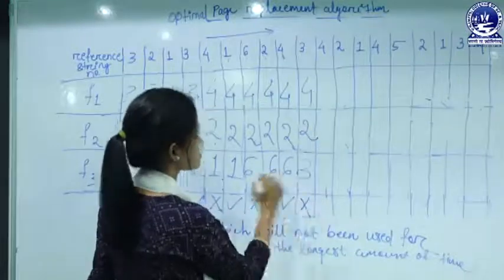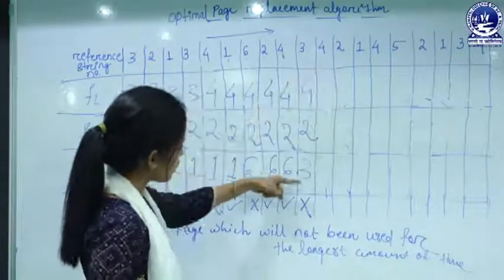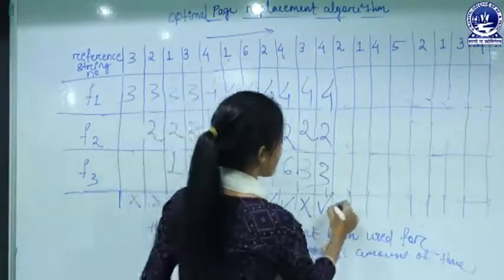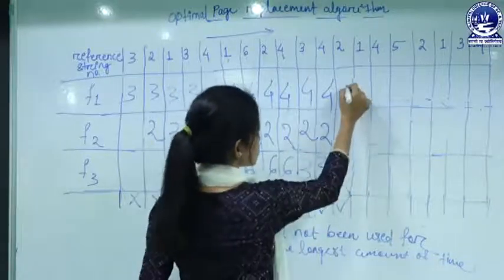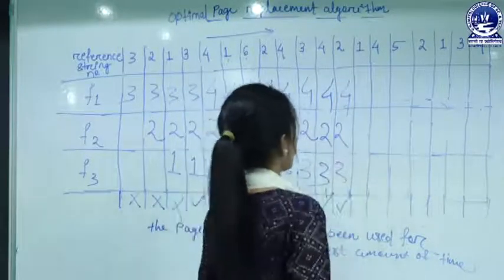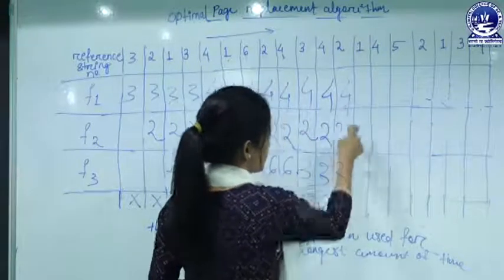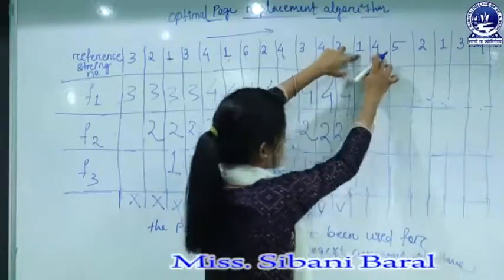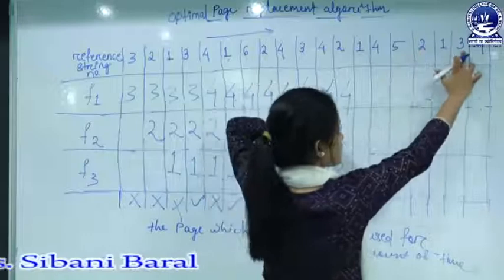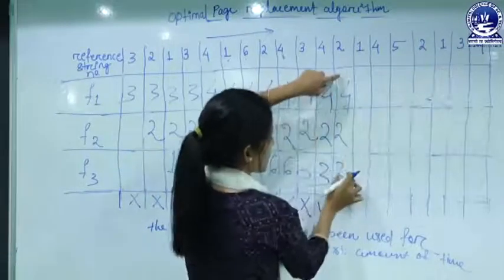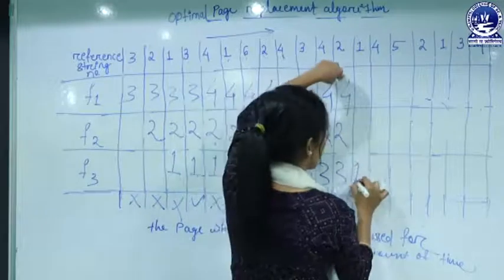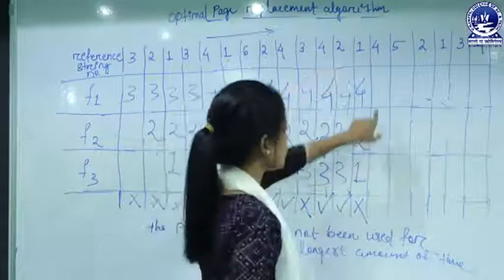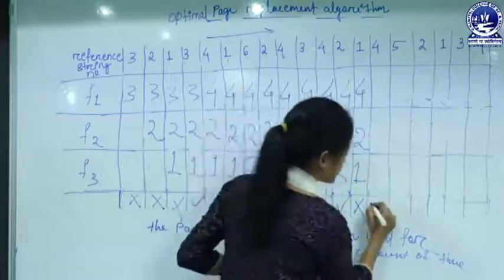So obviously there is a miss. Now 4 is there in the main memory, yes, there is a hit, 4, 2, 3. Again 2 is there in the main memory, fine, 4, 2, 3. Again 1 is not there, 4, 2, 3. So from 1, check the rightmost: 4 is used, 2 is used, and 3 is the rightmost corner. So at the place of 3, you have to put 1, giving 4, 2, 1. Again 4 is there in the main memory, yes, there is a hit.